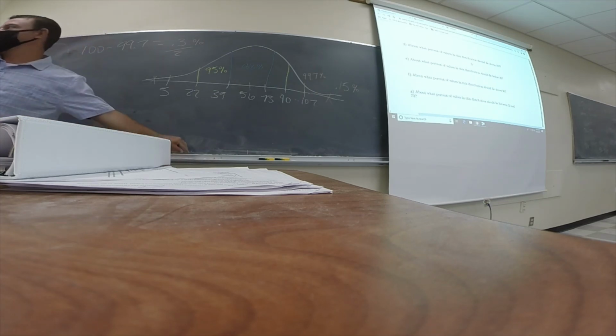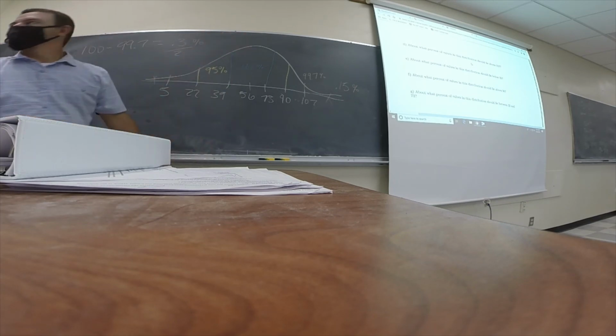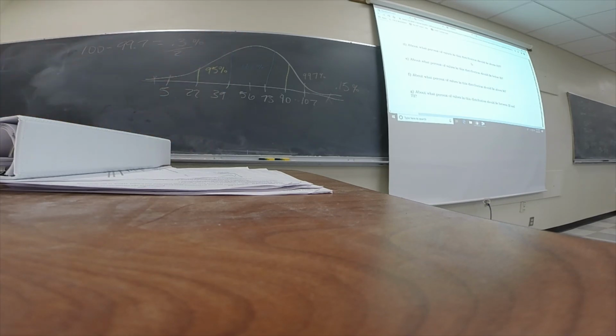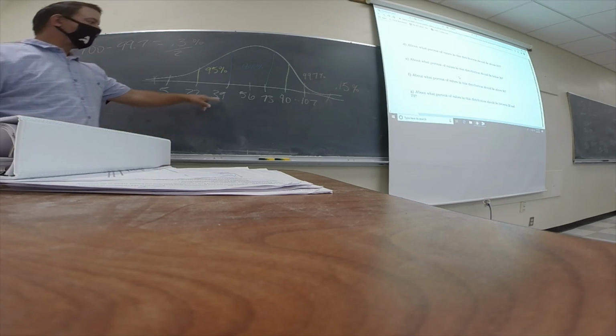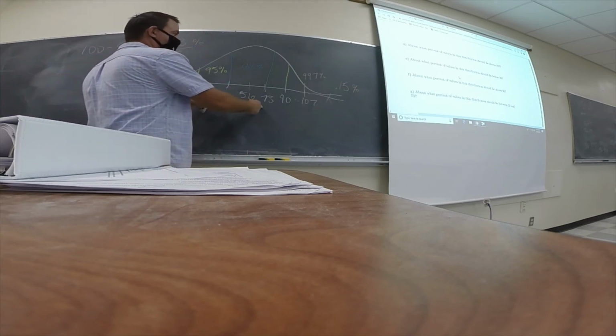A lot of people don't like that. Okay, so it's not as bad. We're going to look at a whole bunch of different cases. So, okay. What percent of values in this distribution should lie below 39? Okay. So I'm looking at my blues here. Between 39 and 73 is